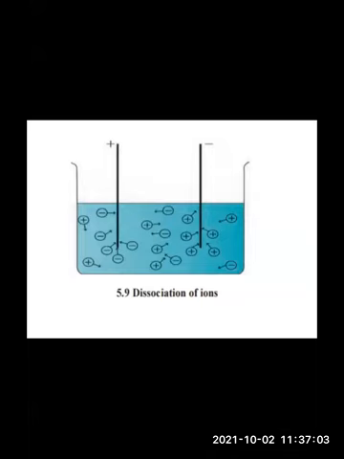If you are taking a basic salt, how does it occur? How is a basic salt formed? When a weak acid reacts with a strong base, we get a basic salt. And what is the pH value of a basic salt? Is it less than 7 or greater than 7? I want the reply in the chat box, students. Yes, very good. It will be greater than 7. So in this way, we got 3 types of salt: acidic salt, basic salt, and neutral salt.